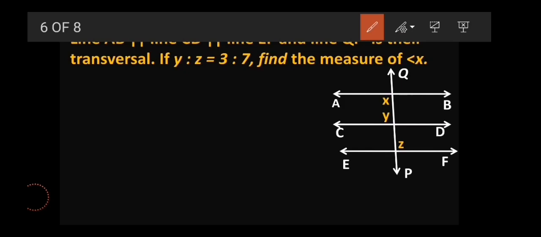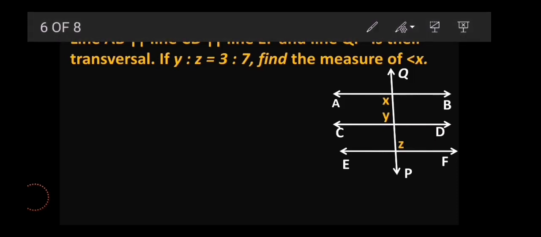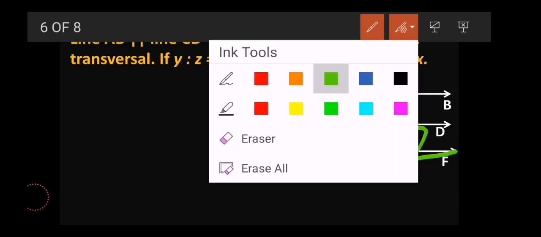Now presently I need to find the measure of angle x, and all these three lines are parallel to each other. Now let's observe the sum first of all. We'll see whether we can make some plan or what clues we get. If you observe, the relation between y and z is given to me. Now what is that relation? The ratio relation, 3:7. And if you observe the diagram, x and z are nothing but alternate angles. Clear? You can see the Z formation, right? So x and z are alternate angles.